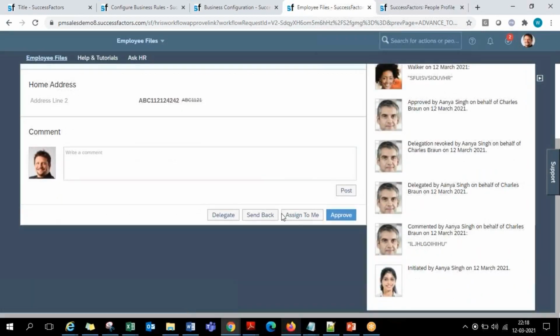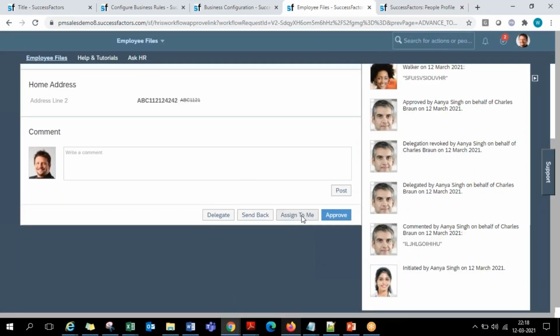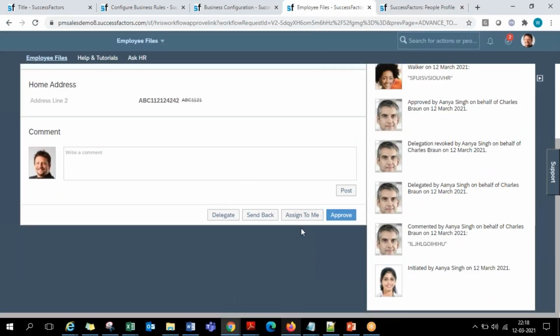When we are using dynamic group based approval, there is one more button, Assign to me. What does this do? When four people receive this request, before this button came, customers had an issue: when four people are nominated, all four people think the other person is approving. I think you will take care, you think I will take care. Nobody is approving it.